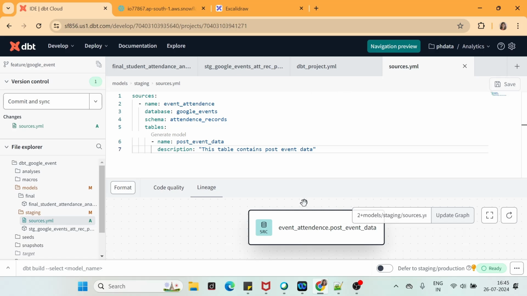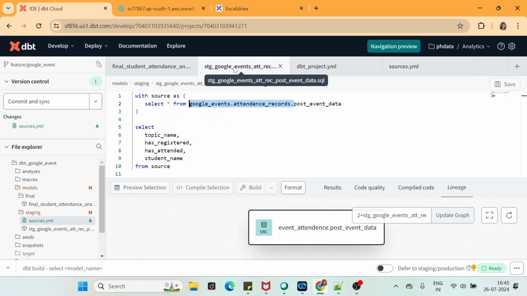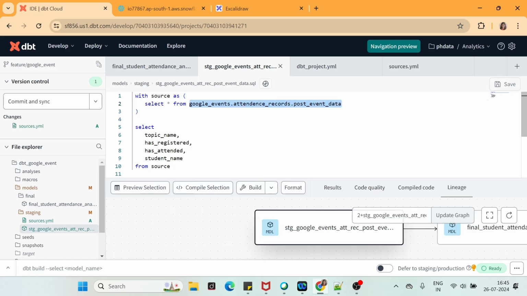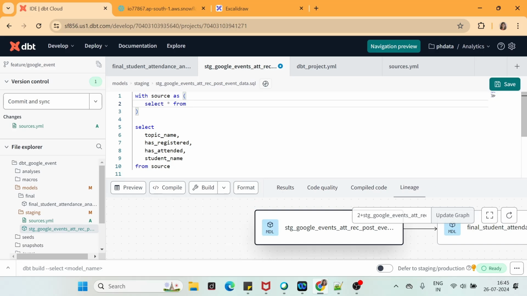Now, how to utilize this source function and not the fully qualified table name inside my staging model? So what I'll do, I'll just erase this part. I will be using the source function which we discussed, open and close braces.